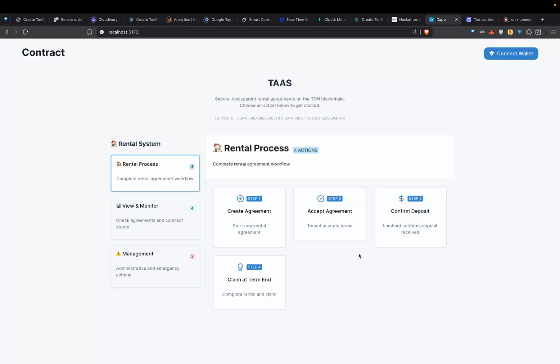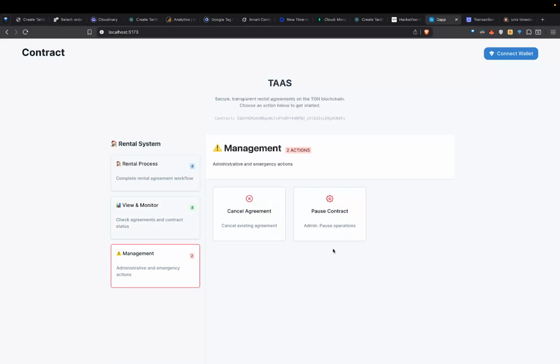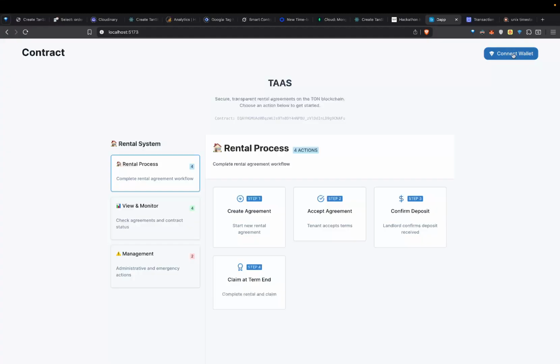And at the end, whenever the agreement ends, the landlord can claim his yield into his account. And here we can view and monitor the agreements, contract info, and much more. And this is the admin panel. We will talk about it later. So yeah, let's go for the demo.